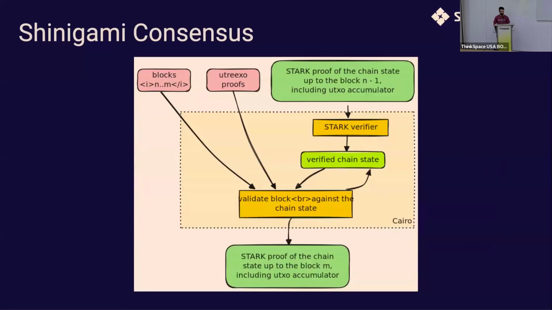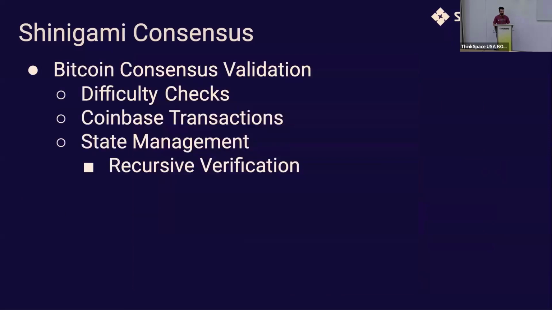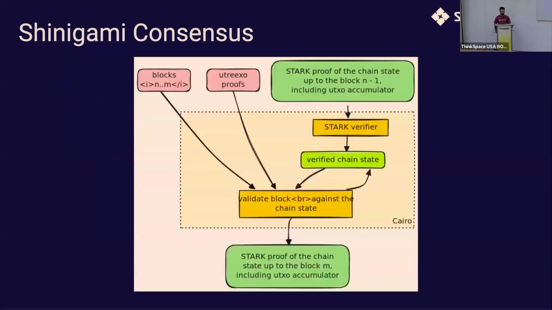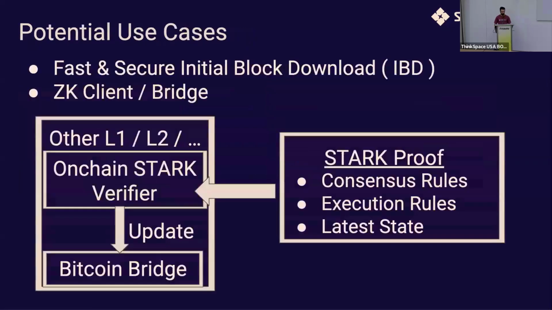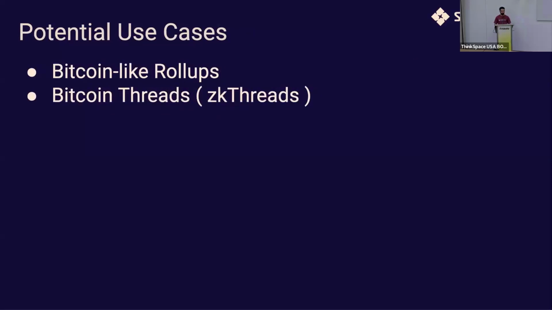So Shinigami consensus, the main origin is from something that ZeroSync was doing. They were doing it to build these Stark proofs for bridging and use cases around that field. But also, Shinigami consensus can be used to do what I was discussing, like the rollups. So you can imagine